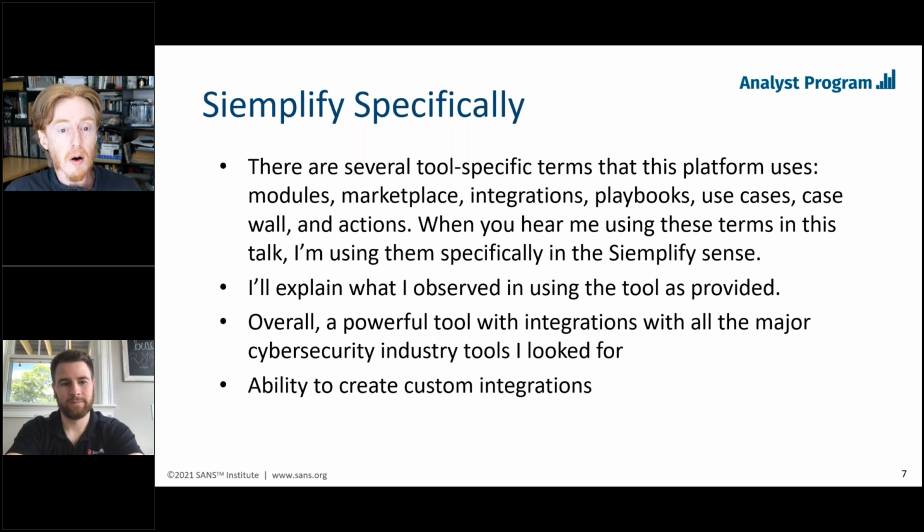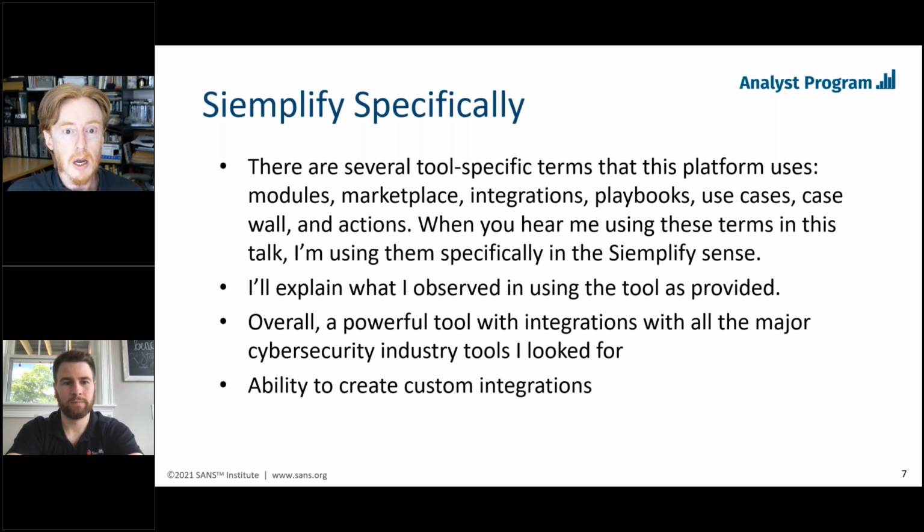Okay, so overall, Simplify's version of the SOAR tool has tremendous power. And this is sort of a blessing and a curse for you. Tremendously powerful. Can you handle it? I mean, can you actually buy this tool and make it do all the stuff it's capable of doing? Even though they have a lot of scaffolding to help you quickly build things, I would guess that you would be able to do a lot of stuff right away.